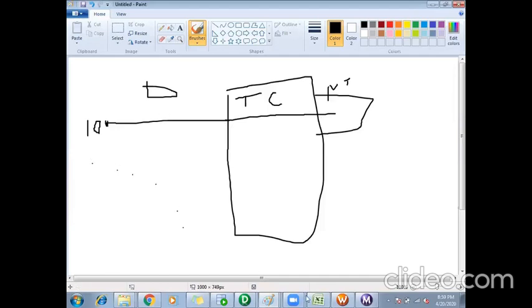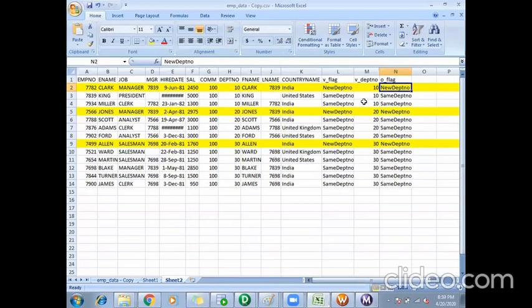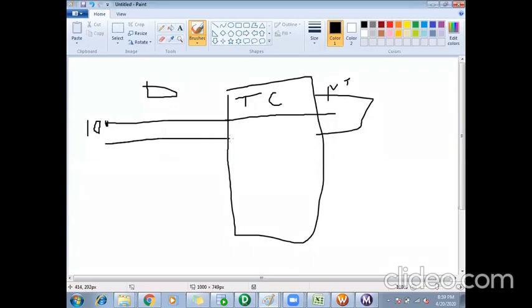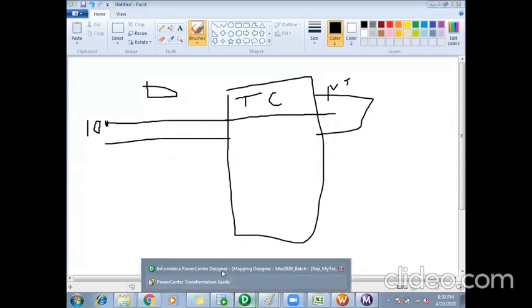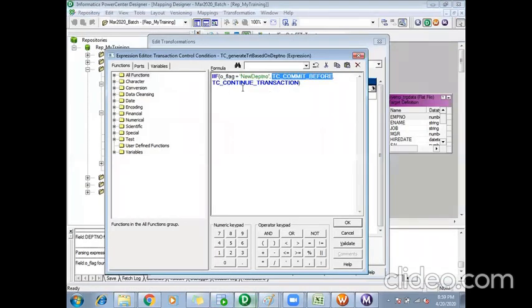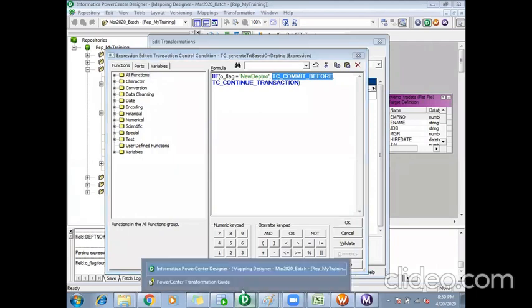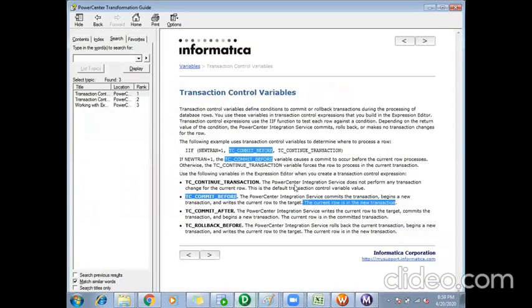Next, the second record comes with the same department number equal to 10, and its O flag is same department number. So for the second record, since it is the same department number, I am applying TC continue transaction. What will continue transaction do? PowerCenter does not perform any transaction change for the current row.